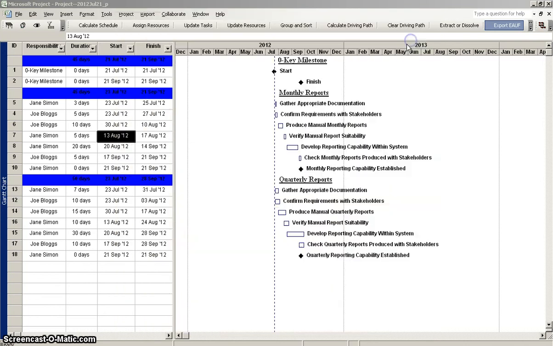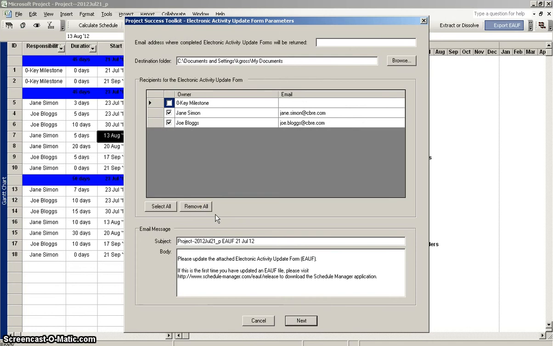Once you're okay with that, you go into the next field, and this actually shows who those EAUFs are going to get sent to. So here we've got the key milestone. We didn't specify an email for that. I can specify here, and I sort of intentionally left that empty, so if you did need to redirect an EAUF for that week, you can type that in. You can type over their name if you choose to, or you can enter that in here if you've forgotten to put that in. So I'm going to send the key milestone one to myself,